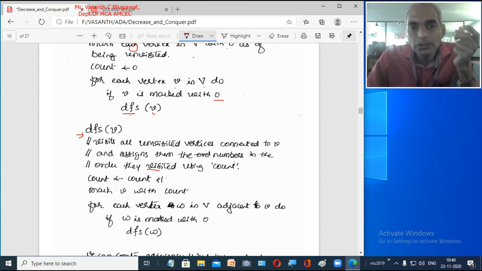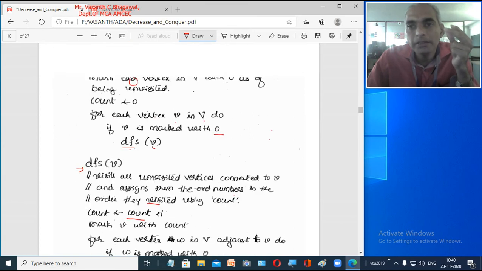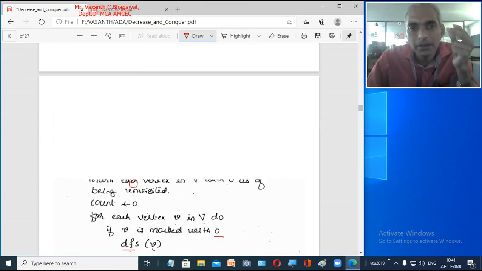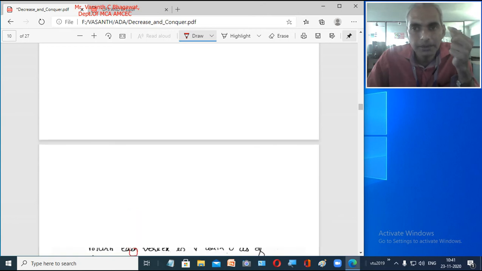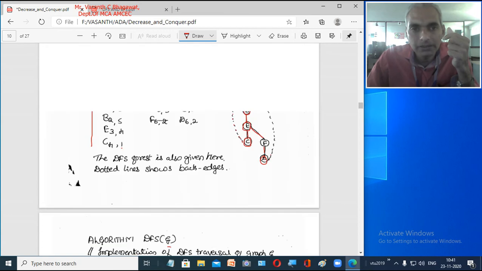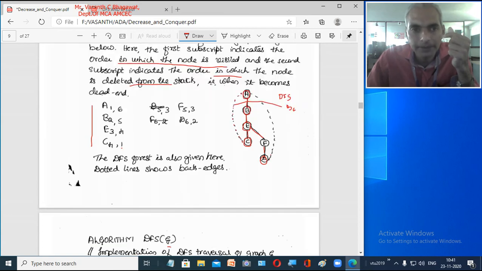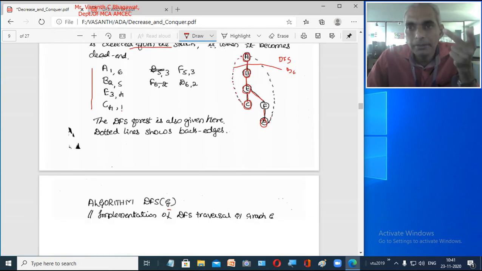Once you visit from one node, you go to another node. So what we do is increase the count by 1. We have taken the count as 0 initially, right? Like for example, here in this example we are writing the subscripts 1, 2, 3. So we are writing A as 1 because that is the first node you are visiting. B2 means this was the second node. So how do you get 2? 1 plus 1. Increment count by 1.